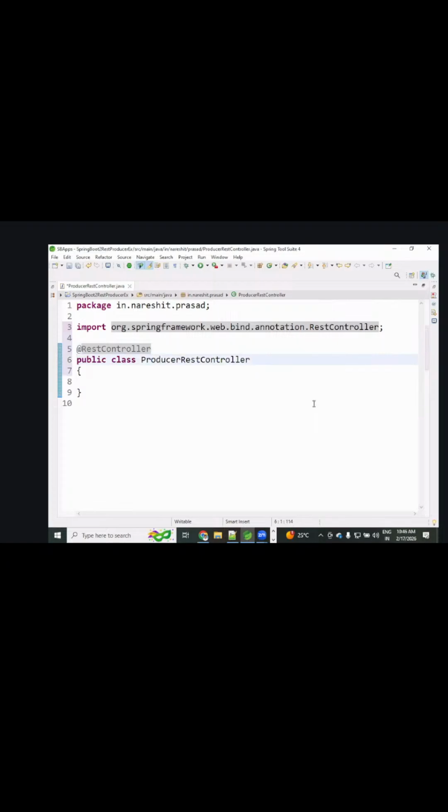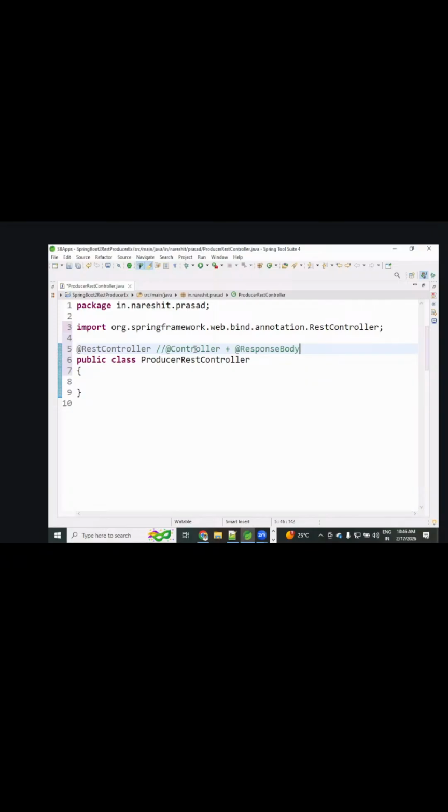Okay, see this REST controller, it is a combination of what? Two annotations. What is the difference between controller and REST controller? In the REST controller, how many annotations are inbuilt there? There is @Controller plus what? @Controller plus what? @ResponseBody.